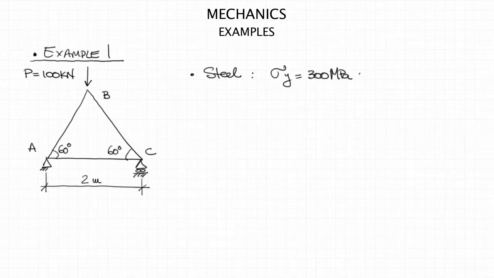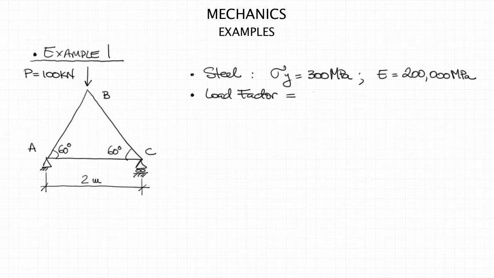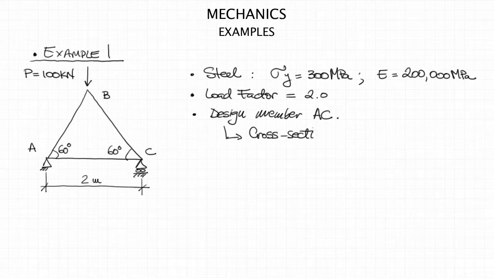The three members in this truss are made of steel that has a yield stress of 300 megapascals and a modulus of elasticity equal to 200,000 megapascals, which is of course typical for steel. The load factor for design in tension is 2.0, and we are asked firstly to design member AC by using a rectangular cross section